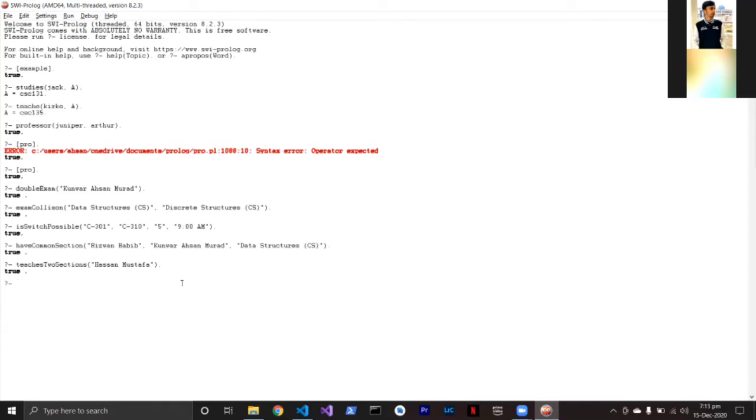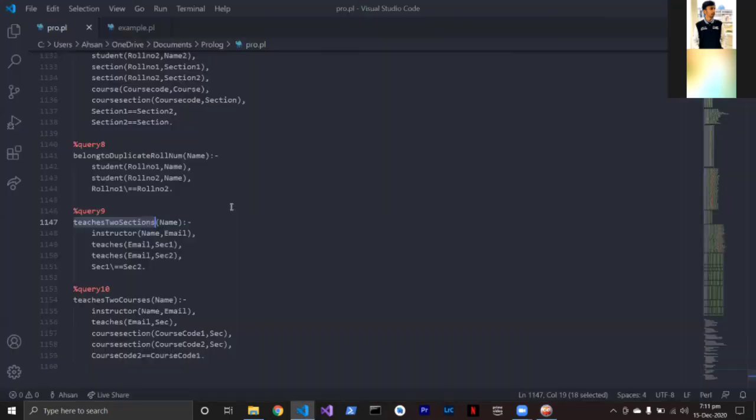Now we can also check whether it is working fine or not by giving Umair Ashad. Giving that name we obtained false, which tells us that Sir Umair Ashad is not teaching two sections, which is actually true, since Sir Umair Ashad is only teaching a single section, section N. From our knowledge base, we know that, and from this we came to know that our query is running perfectly fine. Now we have completed our odd number of queries.